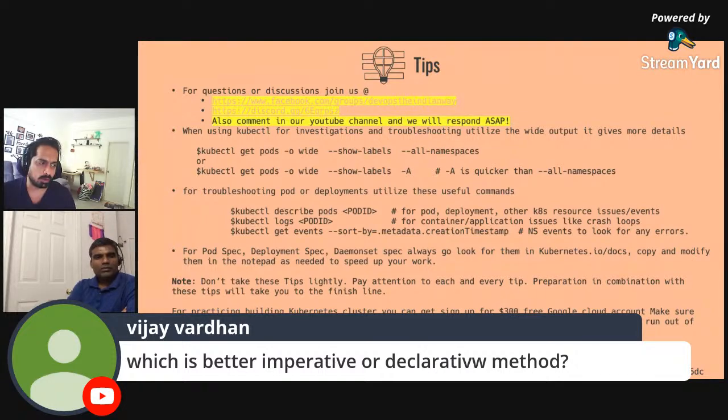Imperative is mostly used for quick wins. Like you could create commands for quick wins, like you want to test something, you want to experiment with something. But when you want to use repetitive deployments, and you want to make YAML changes and then apply it repetitively, if you want to use it in a deployment flow, then it's better to go with the declarative method. So there's nothing called better between these two, but in reality, when you go to a live environment,